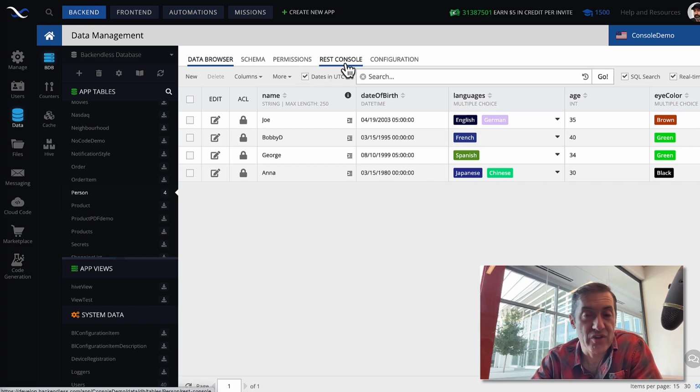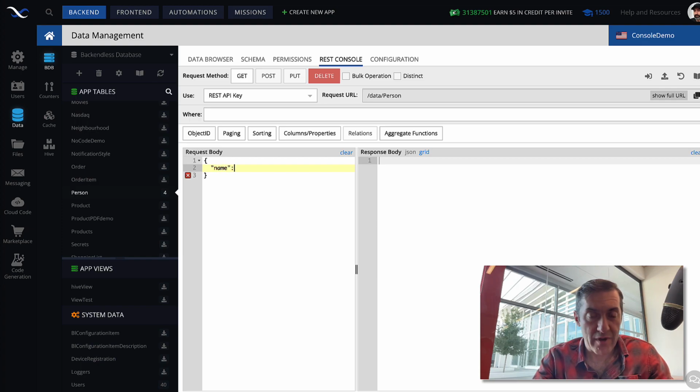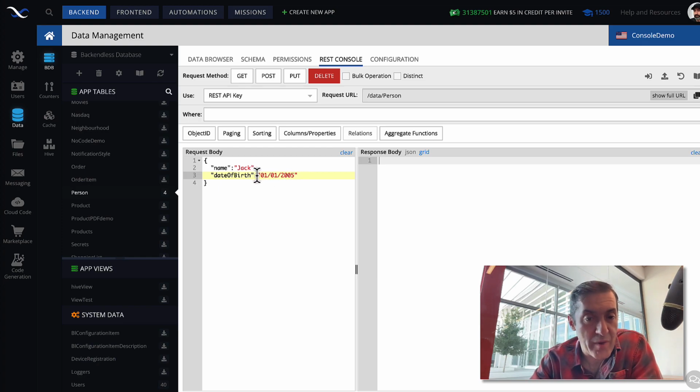Now let's take a look at storing data with the date time information. For this I will create a new request body, and let's say the name is going to be Jack, and the date of birth value we will specify in the following format. So here we will say it is January 1st of 2005. Notice that the actual value that I provide is in the string format, and that's what the database expects. A string format that is in the format of month, date, and year. So it needs to be in American formatting where the month comes first.